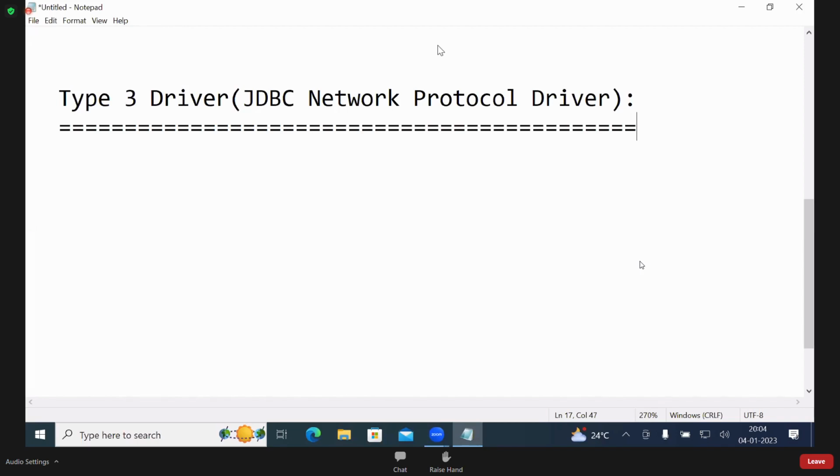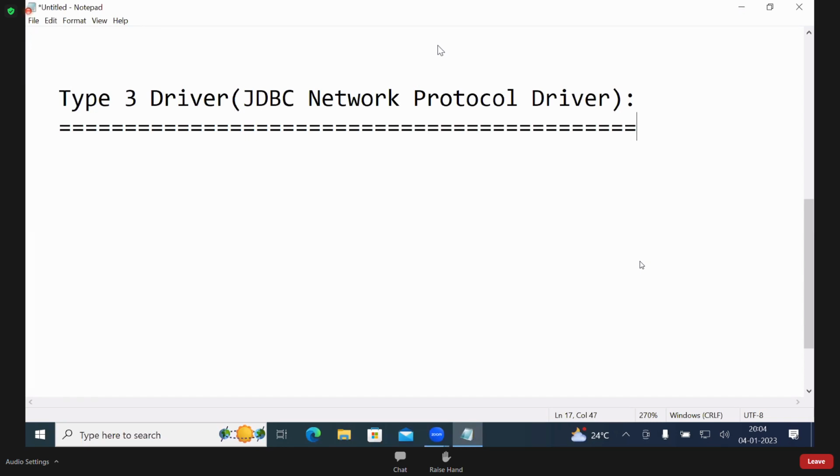Type 1 is the JDBC ODBC bridge driver. The reason is that between a Java application and an Oracle database, a JDBC driver is required and an ODBC driver is required. That is like a bridge, so they gave that name. Type 2 is called the native API driver because it is developed in native language also.